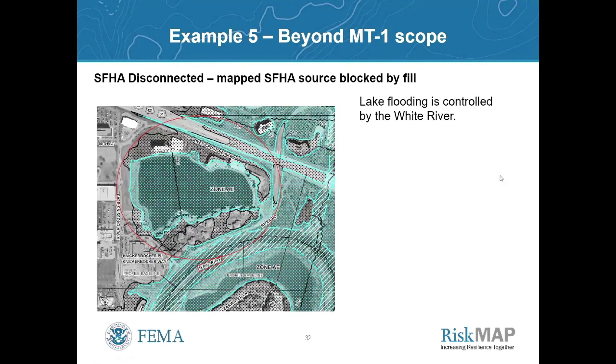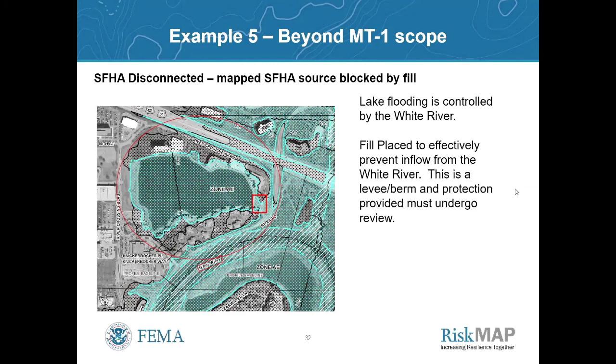So for some case examples here, we're going to start with flood zone disconnections. Here we have a small lake that's controlled by the White River. The BFE is basically backwater from the river filling up and causing this flood zone. So the development went in and they placed a bunch of fill and effectively cut off the inflow points. This is a berm, this is a levee. It's trying to provide protection, and it's got to require certification and review to confirm it withstands the flooding and